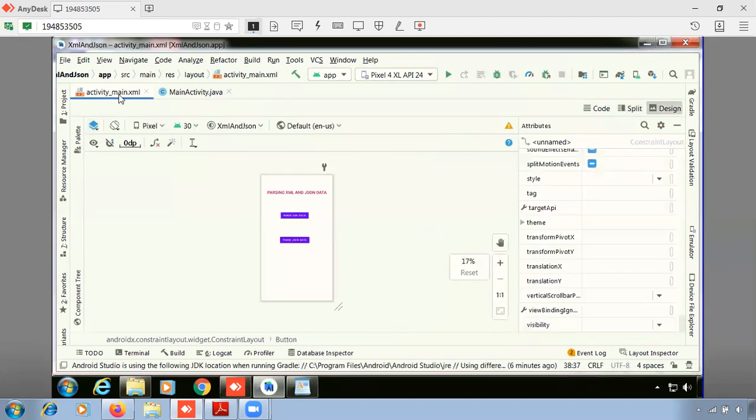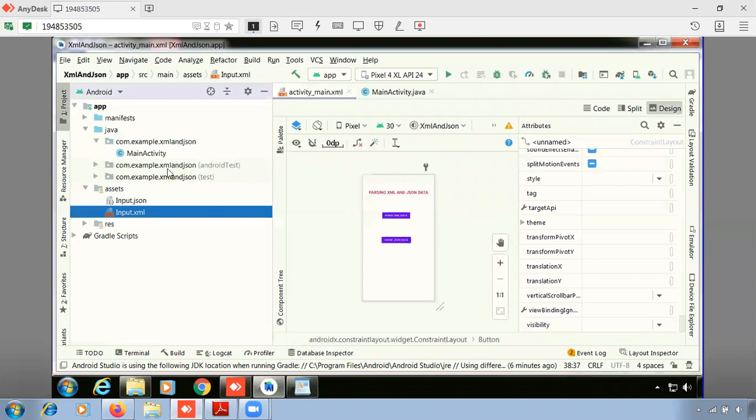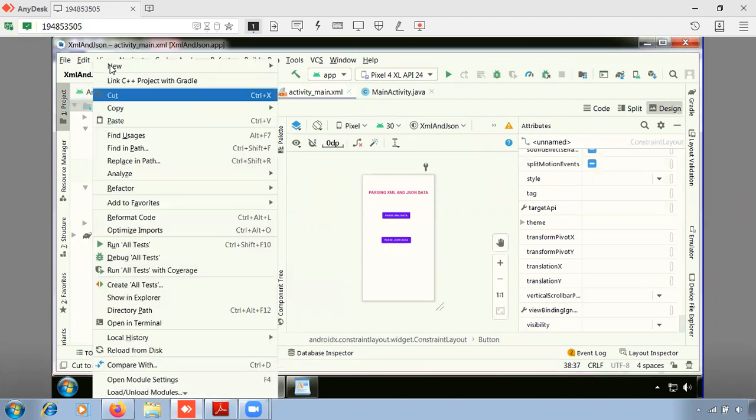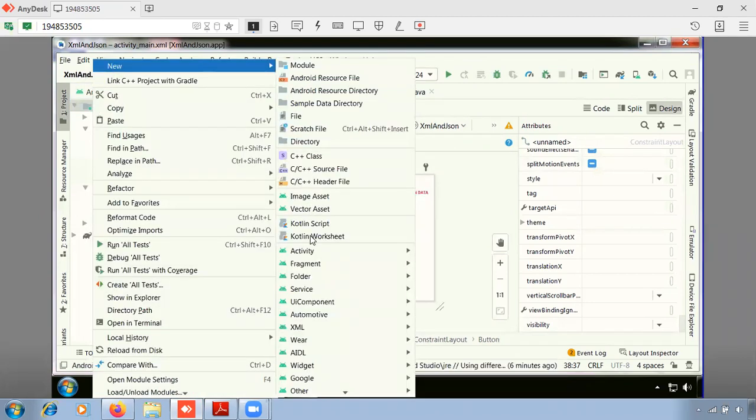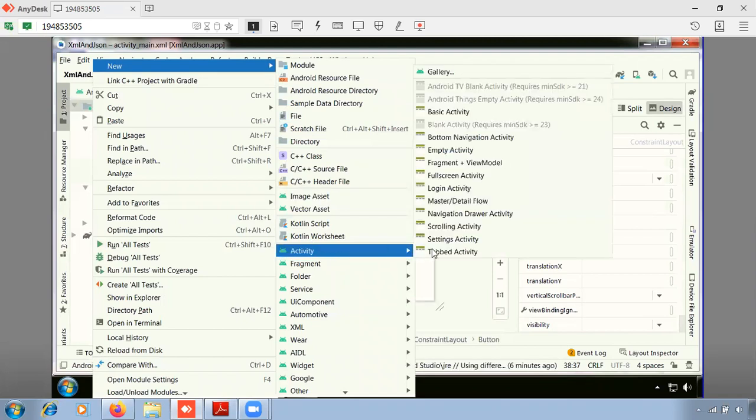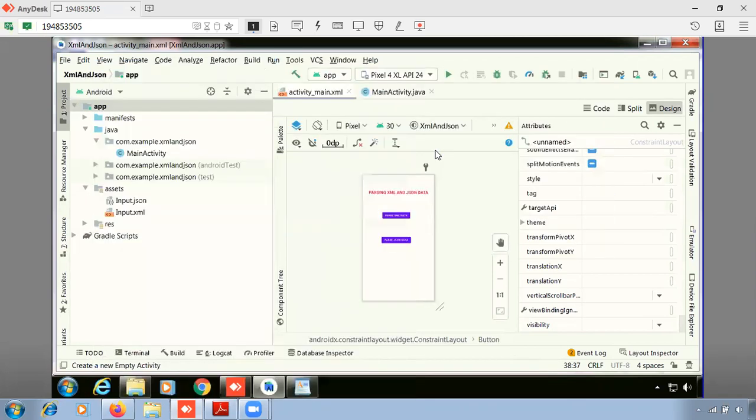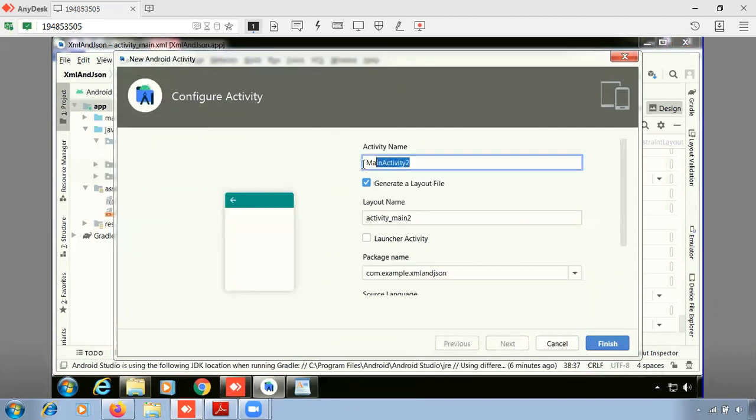Just go with design, click on this project so that you have the folders displayed here. Right click on app, go to new, there go to activity, in that select empty activity. Instead of that, I can give view activity because we are seeing the data in this. So I will give the name as view activity. Click finish,